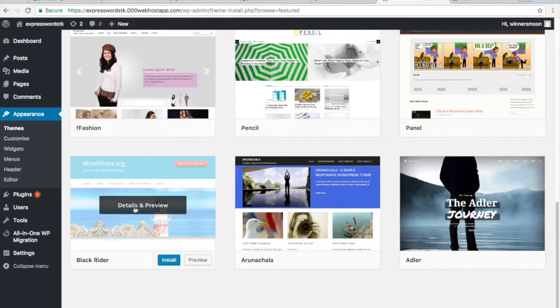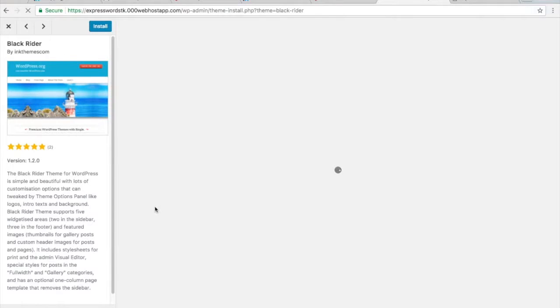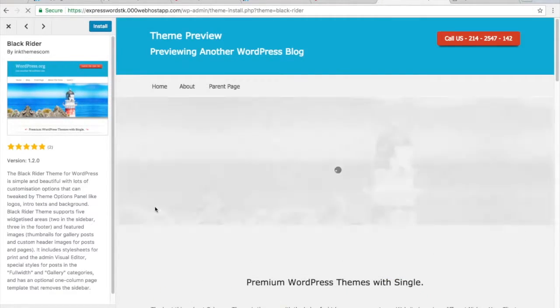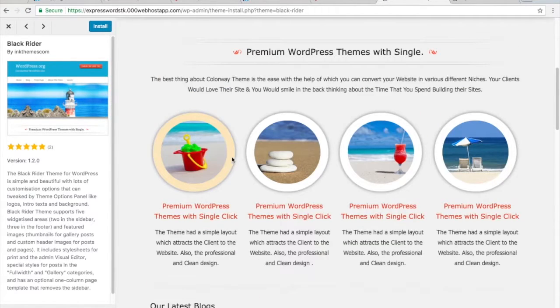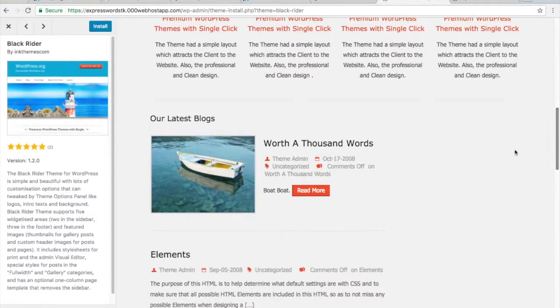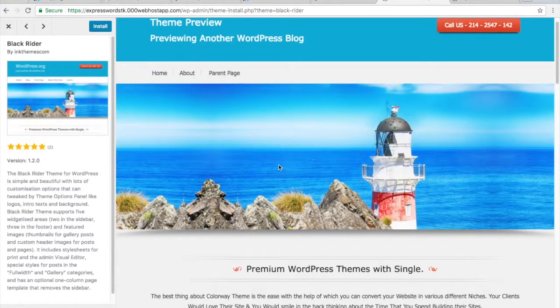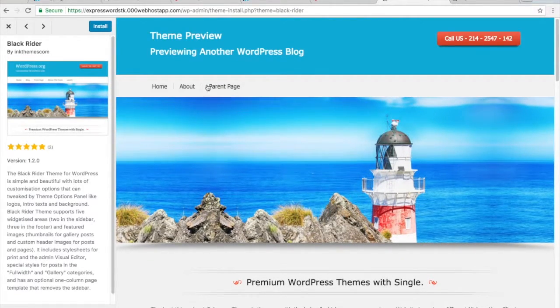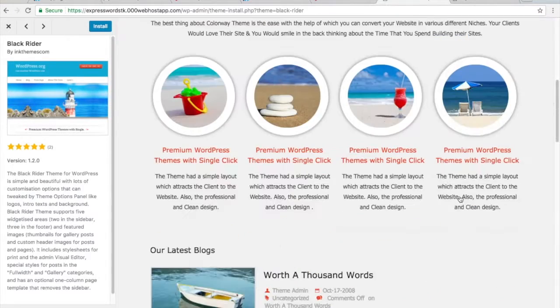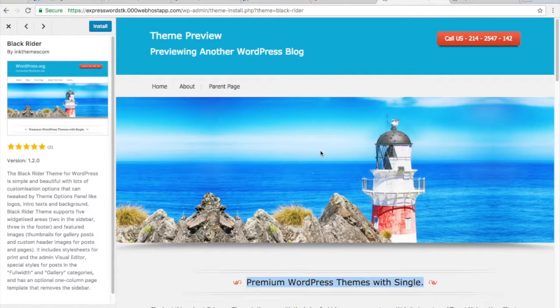This one looks very good. I like the color, so I'm going to preview this theme to see if it's going to match my website, as well as the options that it has. So I look here and it looks like it has a background image, like a front page, home, about. Actually, you can add as many menus here as you like, as well as changing these pictures or making it look very different. I think this theme looks amazing. I'm going to start with this theme, which you click here, install the theme,